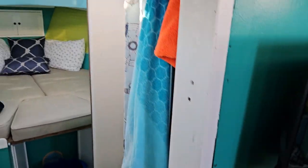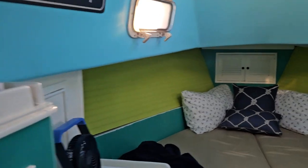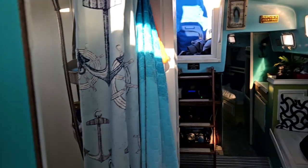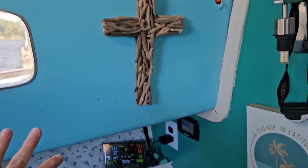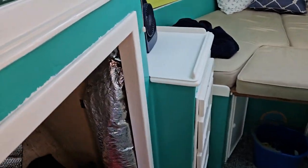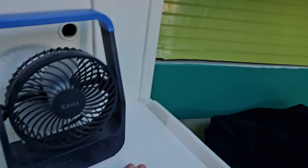So as you can see, what has changed dramatically is the interior itself. I did a lot of redesigning, painting, all this kind of stuff. Basically what I did was paint the entire interior of the boat. So everything had to be sanded, every bit of fiberglass on this boat. I used 220 grit, and I sanded absolutely every surface on this boat, except for wood. Obviously I didn't have to do that on wood, but every other bit of fiberglass had to be